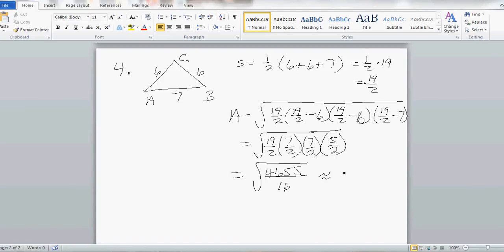We're going to take the square root of 4,655 divided by 16, and the answer to 2 decimal places